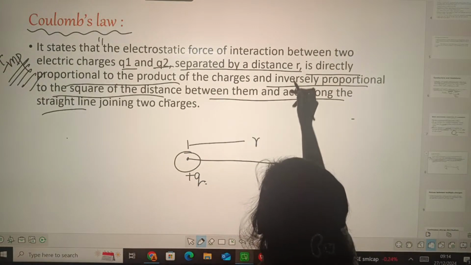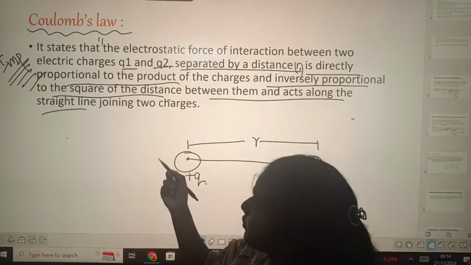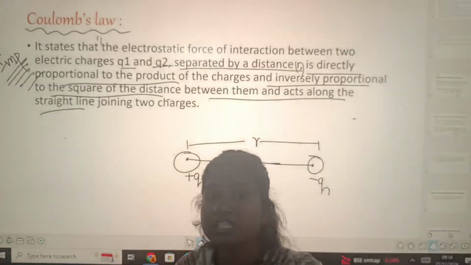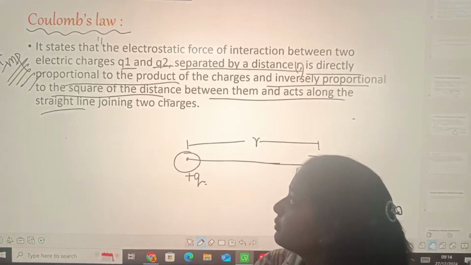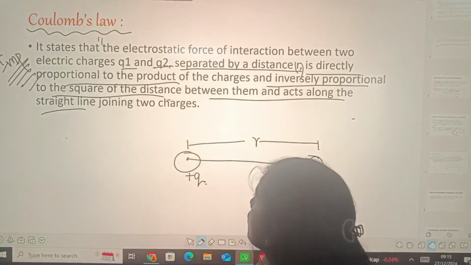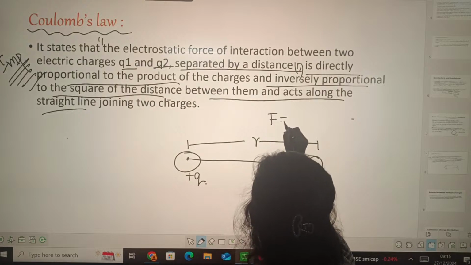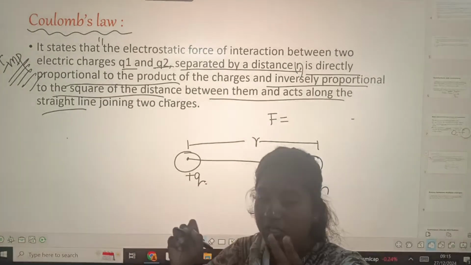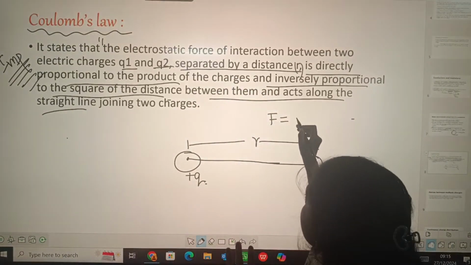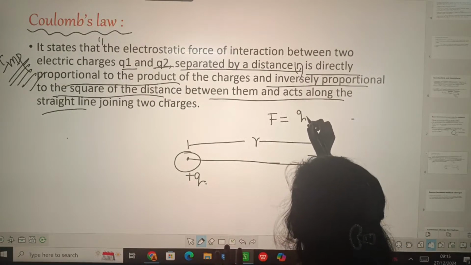R. Separated by a distance R is directly proportional to the product of the charges and inversely proportional to the square of the distance between them and acts along the straight line joining the two charges. So what does Coulomb's law say? The force of interaction between the two charges Q1 and Q2 separated by a distance R is directly proportional to the product of the charges, that is, Q1